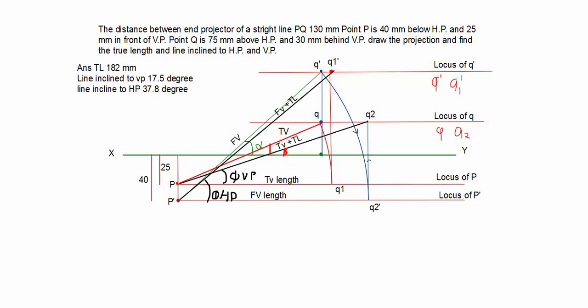Similarly, you can capture your P dash Q dash actual front view. First make it parallel. Then when you create this parallel, it is your front view length, that is Q2 dash. So its plan point Q2 is on locus of Q. For that we move vertically and we mark Q2. Now I join this Q2 point because I know this is the end point of the true length of PQ line. So I join with plan point P, and I join PQ2. I measure this length, it is 182 mm, and it's inclined to XY line, that is angle phi, line inclined to VP,